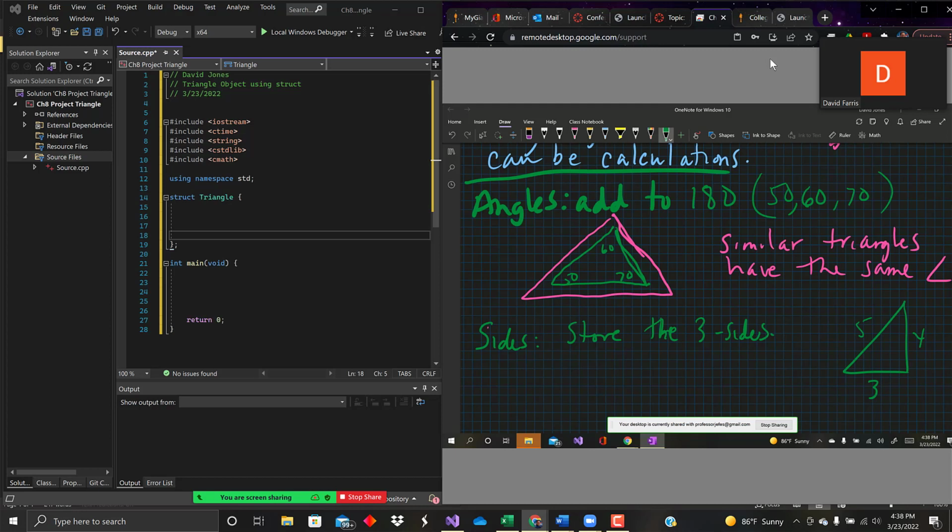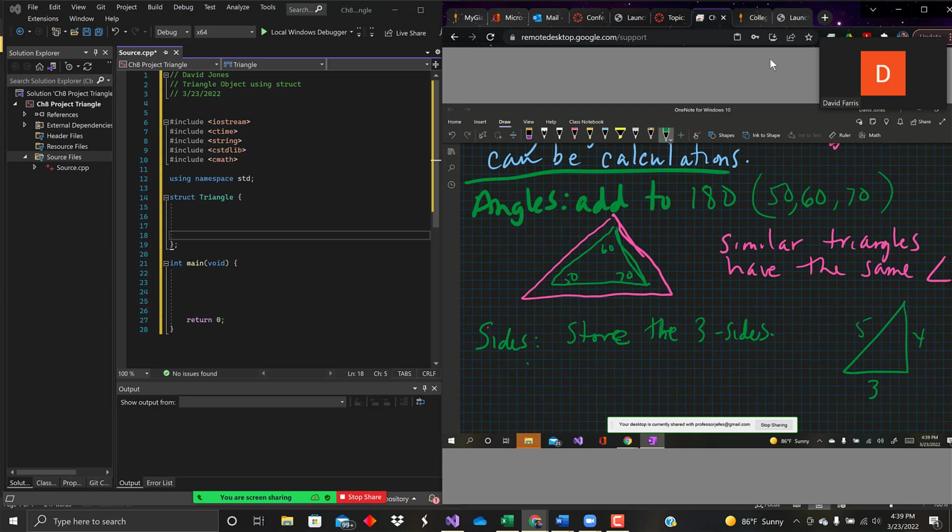Is there any downfalls to that? You think of anything? Because with this, we could calculate all the angles, right? We could do some trig. Mm-hmm. The only real problem with this